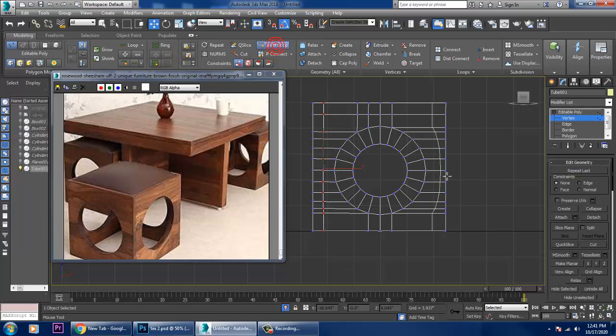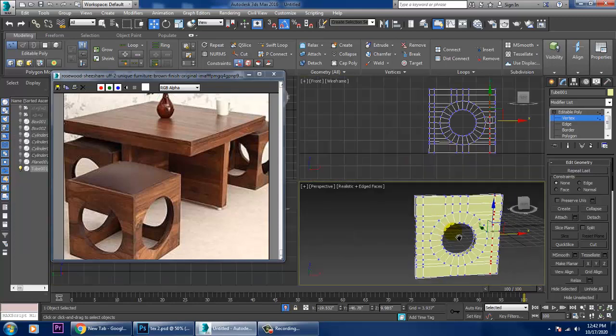And put one loop over here, press R and scale it. So scale it, so we can just push it over here once again.